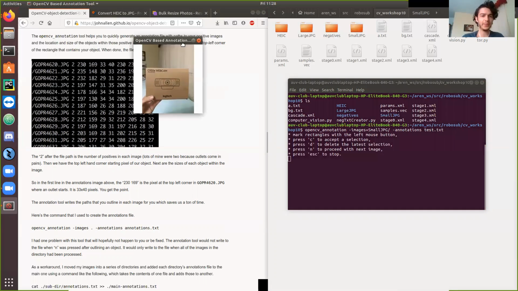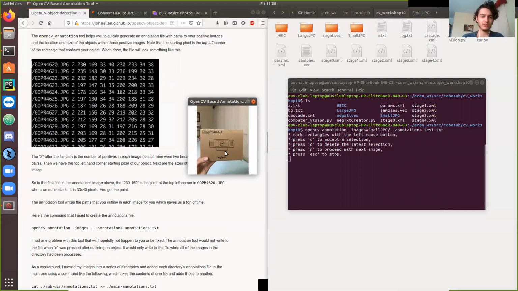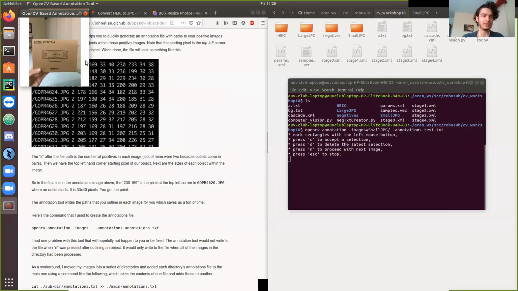I ran it, and it made this little thing right here, and it tells me how to make rectangles and stuff. So like here, if I'm annotating, I would want to come here, put a rectangle right around that. You have to click again, by the way, just like that. And then you press C to accept it, and N, and you go to the next image. And then you put a rectangle around that. And this is like the most annoying part about this, is just going through your images one by one and